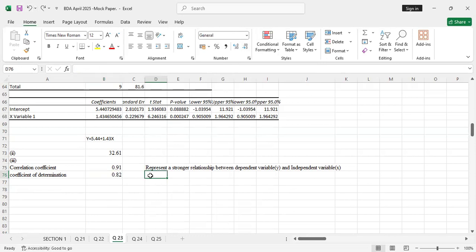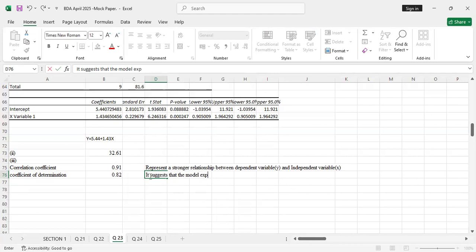Your interpretation will be that the 0.82, that's what we are talking about, suggests that the model, the regression model that we have used, explains more